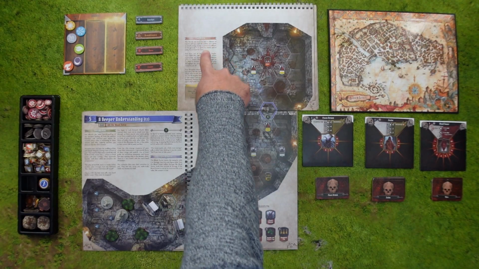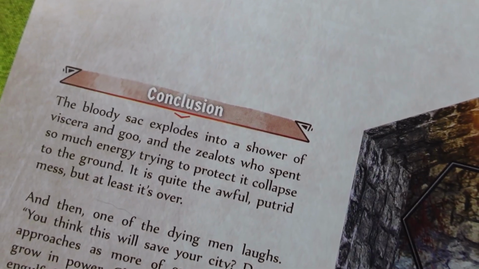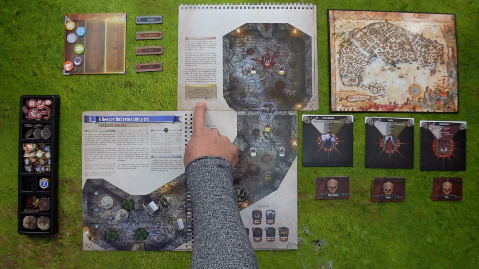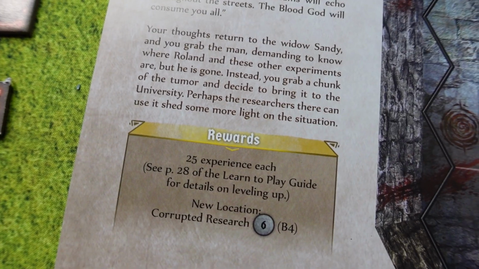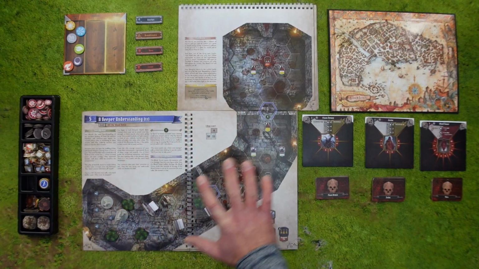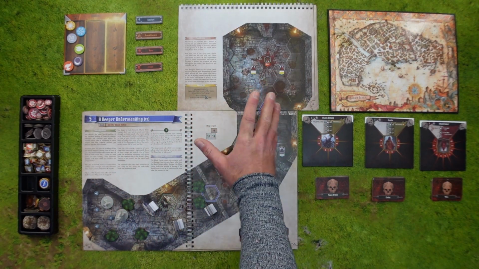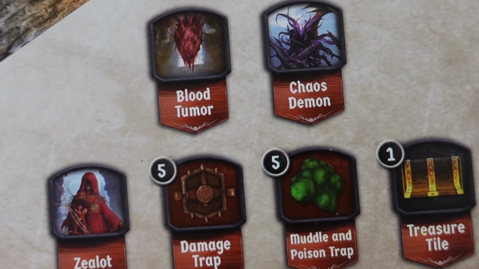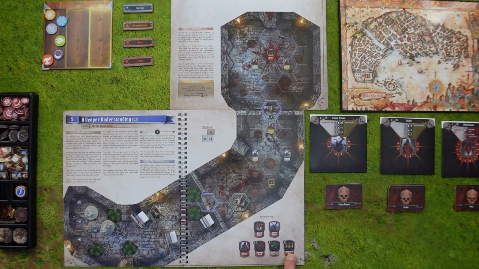We have a conclusion text. This should be read when you have completed the scenario. And at the bottom we have some rewards. These are usually experience points, items, or something else that you acquire when you have completed this scenario. Down here we have scenario keys. These are the monsters that you will meet, traps, or treasure tiles that you need to place out on the